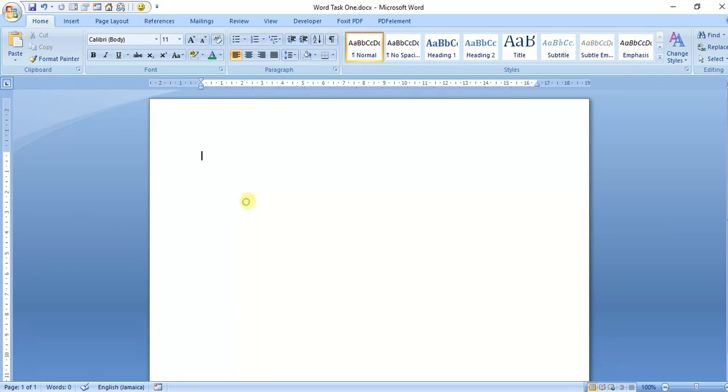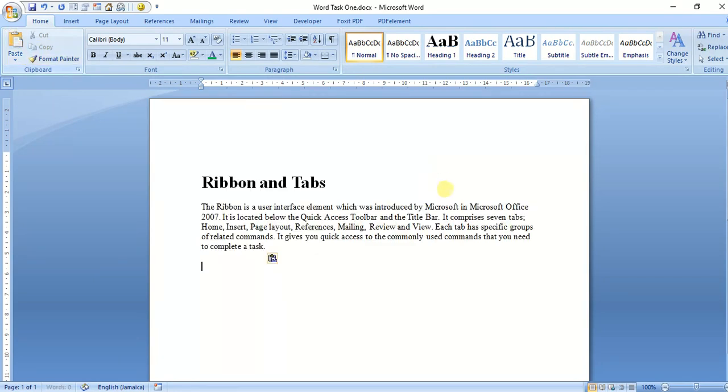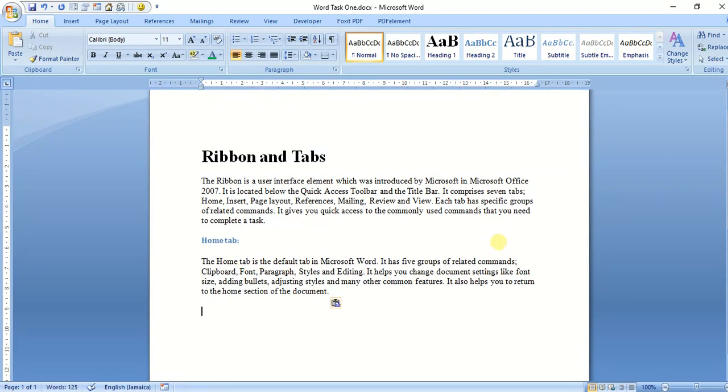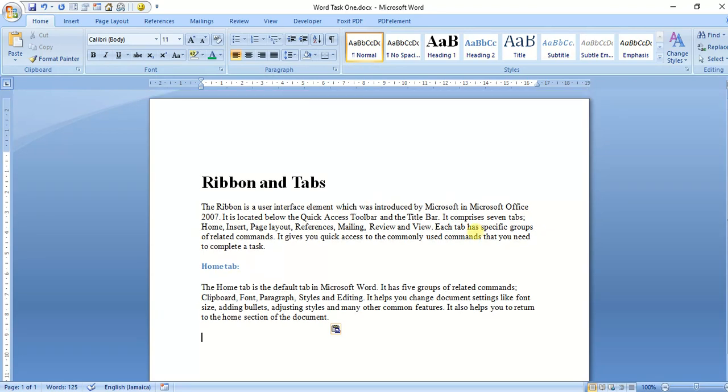and just paste it in my worksheet. I already copied, and I'm going to click on paste right here, and here we go. Now we're seeing some information still based on Microsoft Word that I have just pasted inside of my Microsoft Word document. We will be manipulating, meaning making some changes to this information that you're seeing on your screen right now, to basically highlight some features of Microsoft